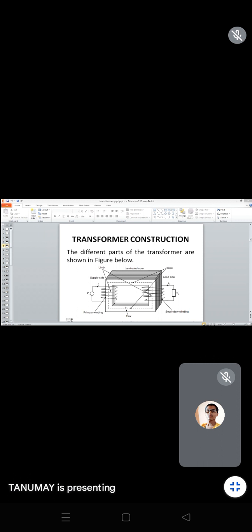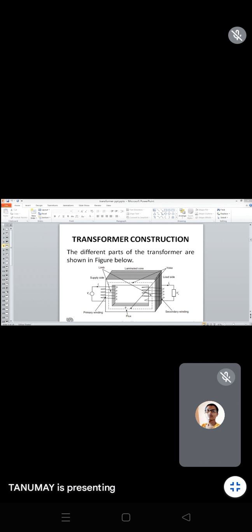Now, to reduce the eddy current loss. So what is eddy current loss? There is a particular magnetic flux that will try to flow through this transformer core cross-section wise, which will try to oppose the flow of flux within this transformer core. So to reduce that eddy current loss, we will try to provide separate laminations.